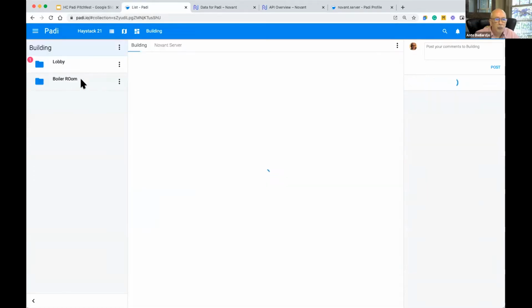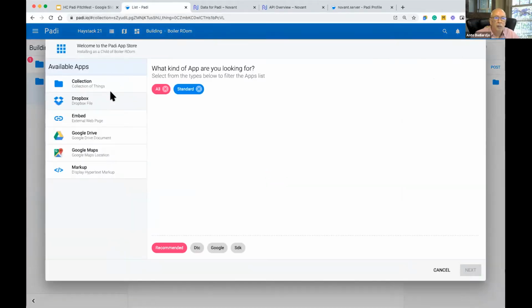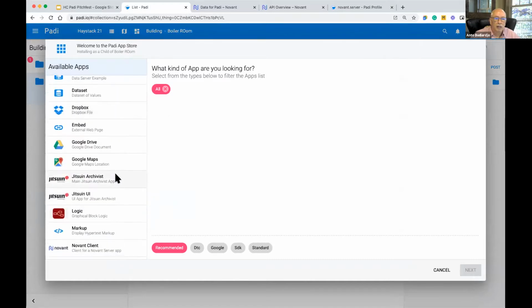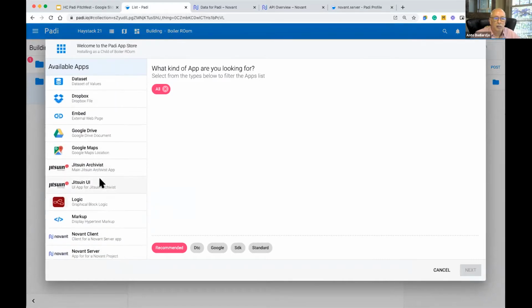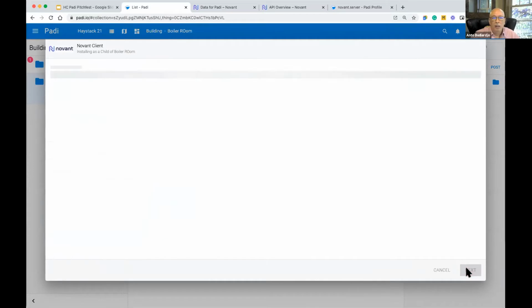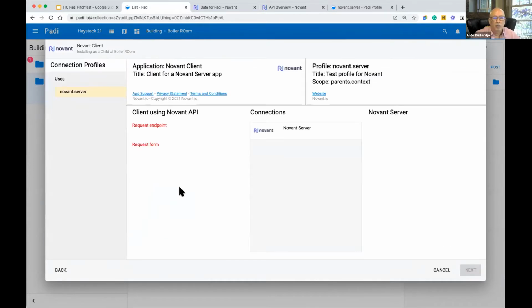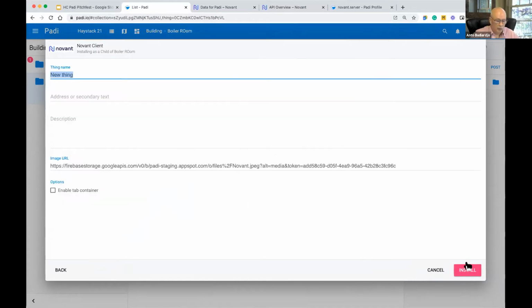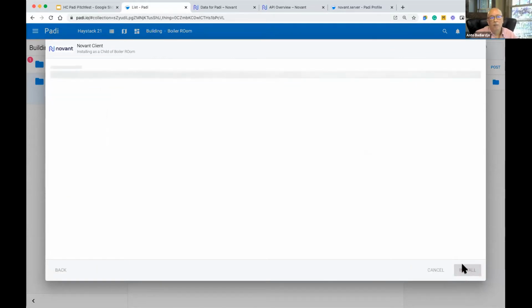So I'm going to do one other thing. I'm going to install another client. It's going to go through the same process. For the endpoint, I'm going to say I want values now, which is another option. Device ID equals. I still have it in my clipboard, and I'm going to just call it values here and install that.